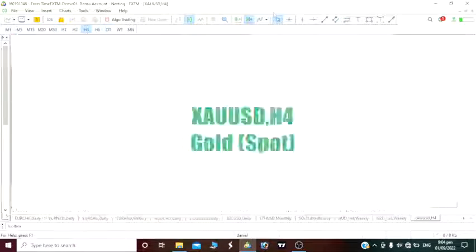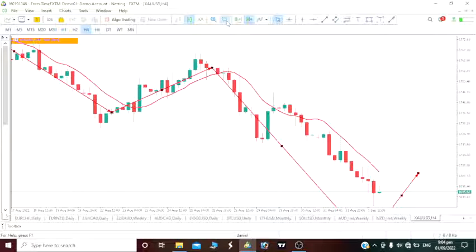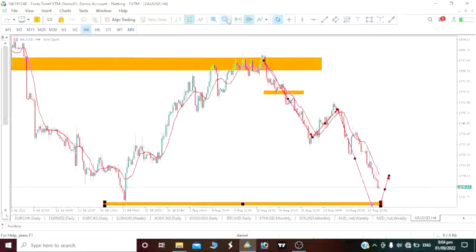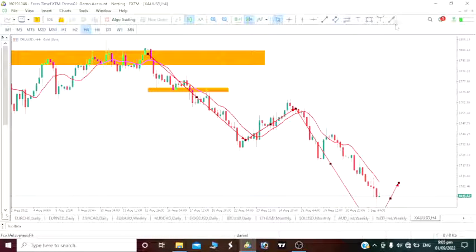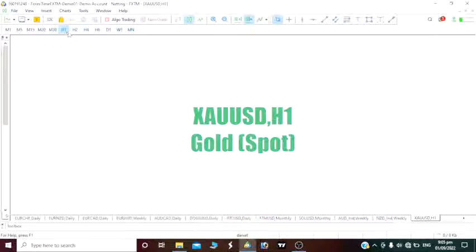So let's see it on our 4-hour time frame. By the way, the 4-hour time frame is still bearish. I think that is still a confirmation we are still dropping. I don't think we'll be having any pullback soon, but we are still dropping to take out these lows we've just talked about. So this is an impulse move, it's downward, and we would want to see it still drop, then a correction would be made on our gold USD. So watch out for it.